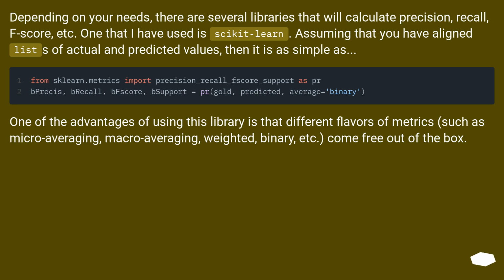Depending on your needs, there are several libraries that will calculate precision, recall, F-score, etc. One that I have used is scikit-learn. Assuming that you have aligned lists of actual and predicted values, then it is as simple as